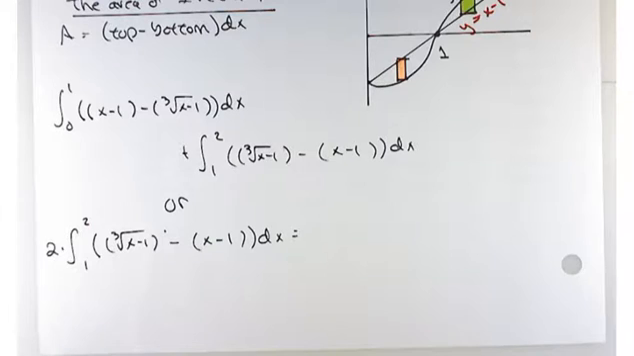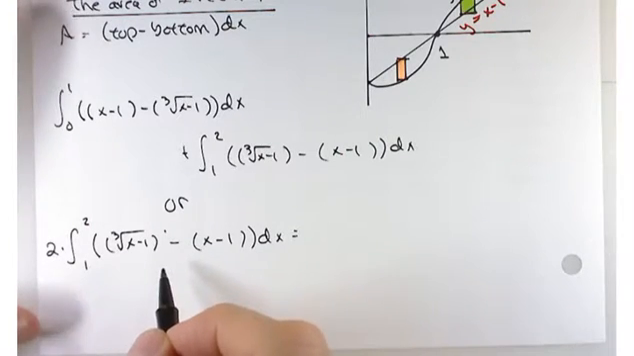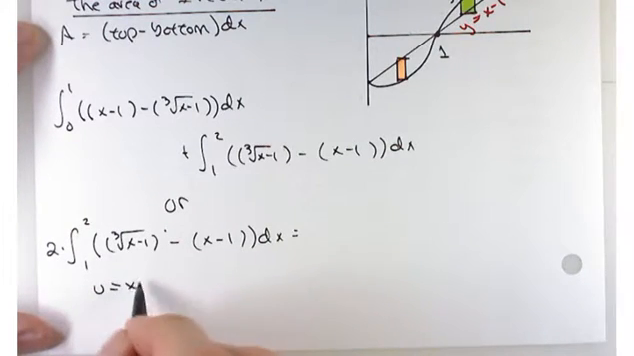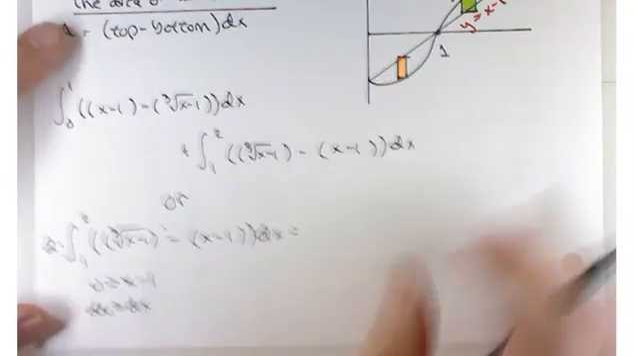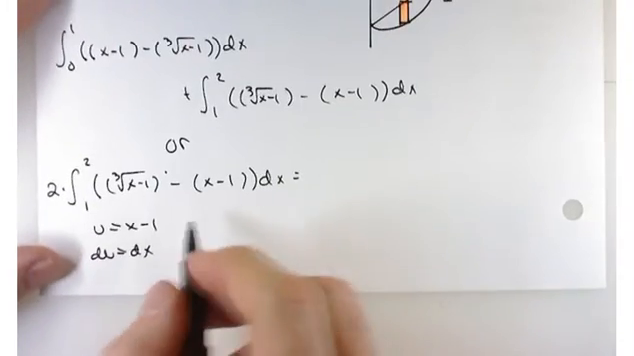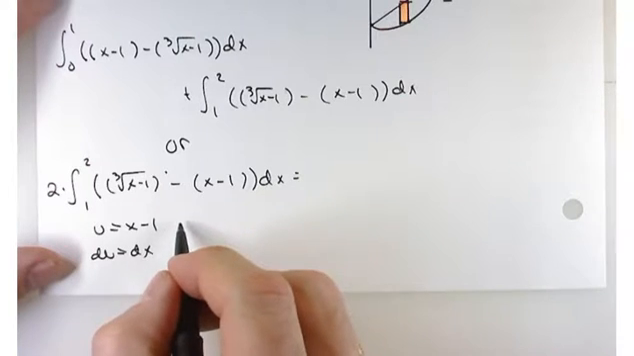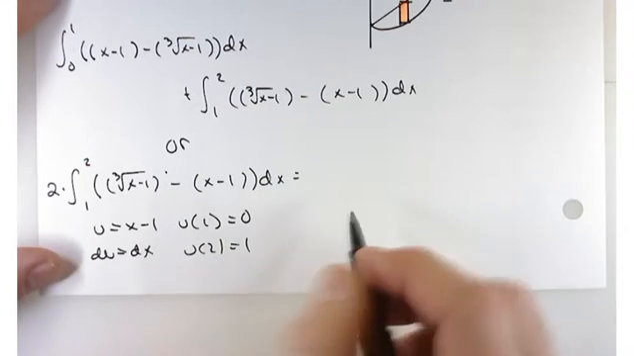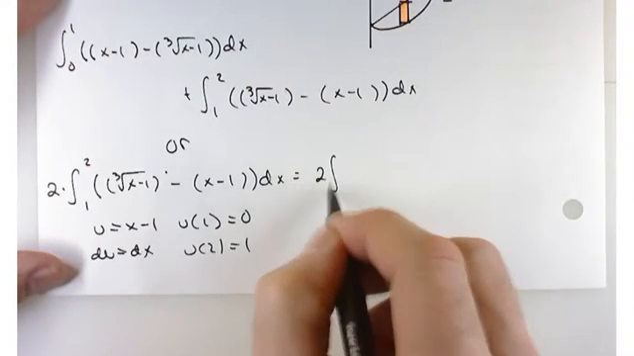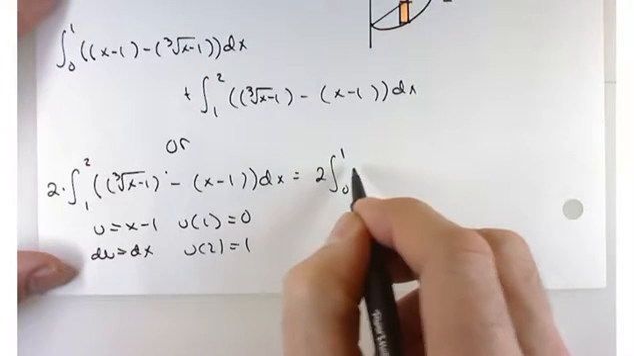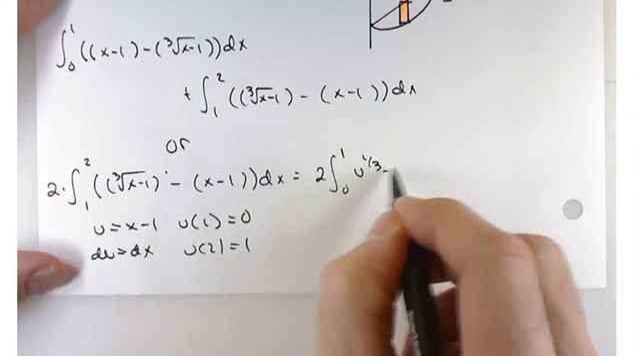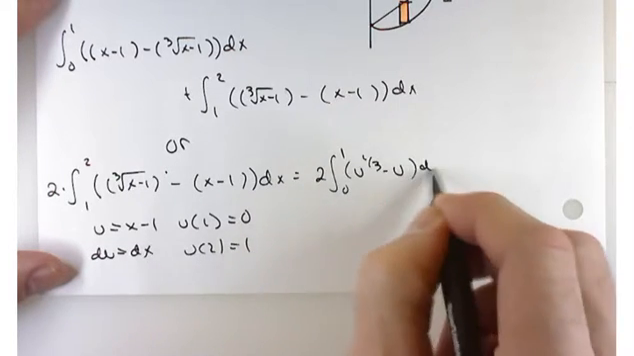Now, for my part, in solving this the rest of the way, I'd probably do a U-substitution just to make my life a little bit easier here. U equals x minus 1. du is dx. That's really nice when du equals dx. That means our work in here finishing is going to be pretty easy. U of 1 would be 0. U of 2 would be 1. So this becomes twice the integral from 0 to 1 of u to the 1/3 power minus u du,